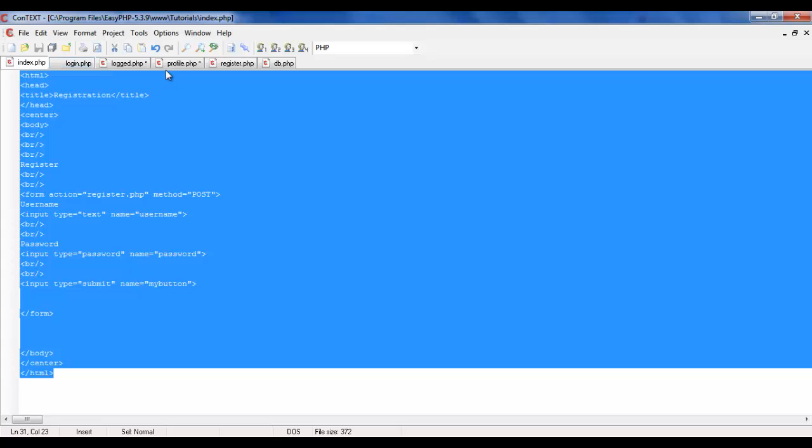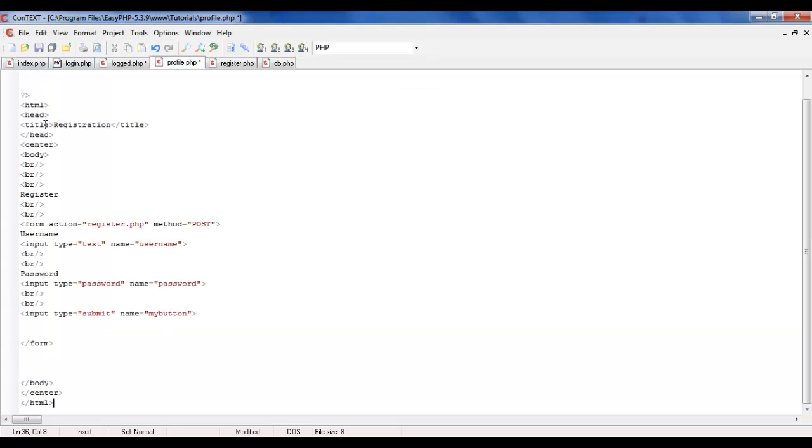Let's just copy the index page, just to save time in the tutorial. The title would be profile, and instead of the register in bold we can just write profile,